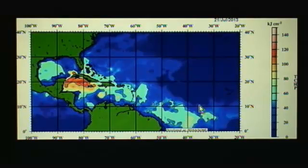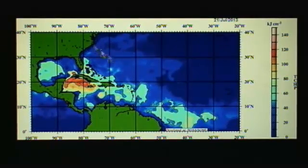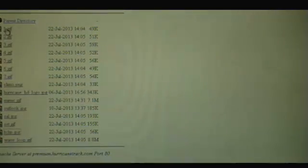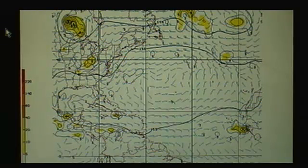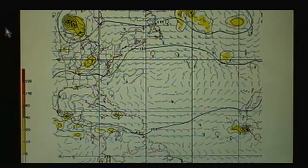All right, so that's the stage set that we do have warm water sufficient to provide low-level moisture and thus energy for this system. The question, I think, is going to be how much mid-level dry air there is in association with that, the Saharan air layer, how much that injects into the system. So let's look at the GFS, the Global Forecast System 12Z run. This is the most recent run of the model, and we're looking at the 5,000 foot level of that model,